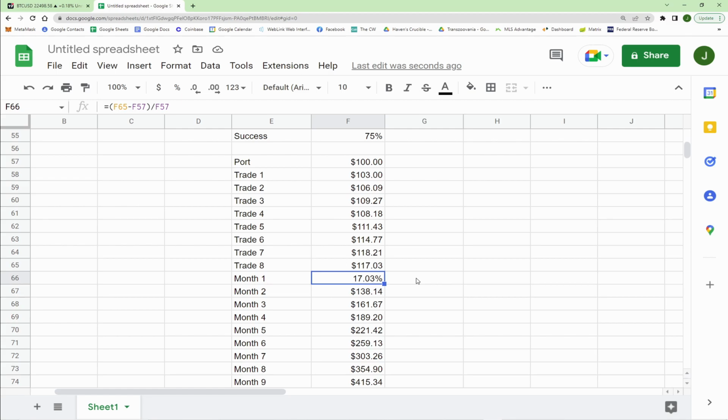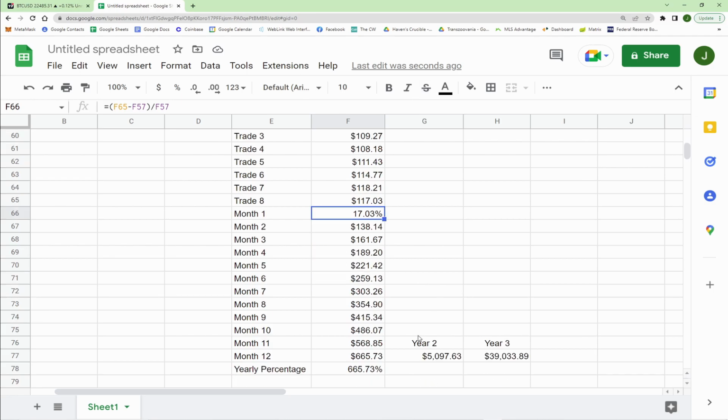10% is the industry standard for a successful trader. 10 to 20 is not impossible. So let's say we do that, and we do that consistently for 3 years. You've turned $100 into $39,000 after just 3 years, risking 1%, my friends, and only making 8 trades. Assuming you have a success rate of 75%. You've just made yourself $38,900 in 3 years.